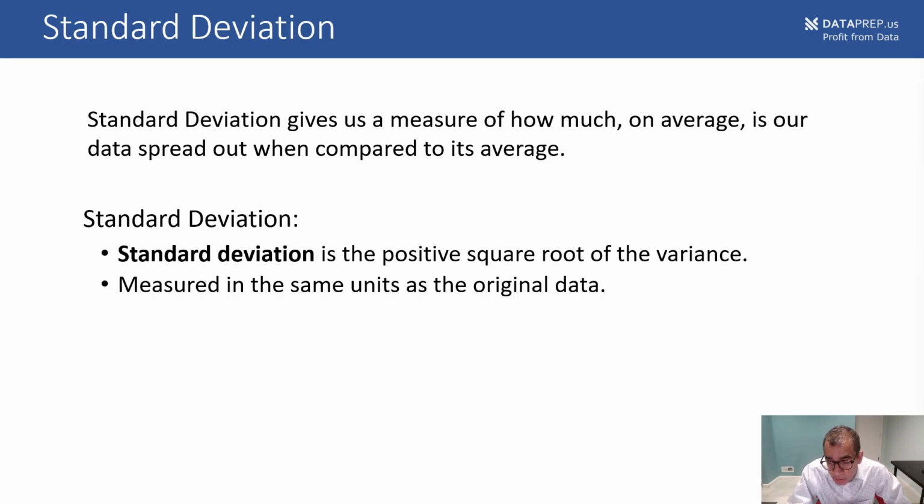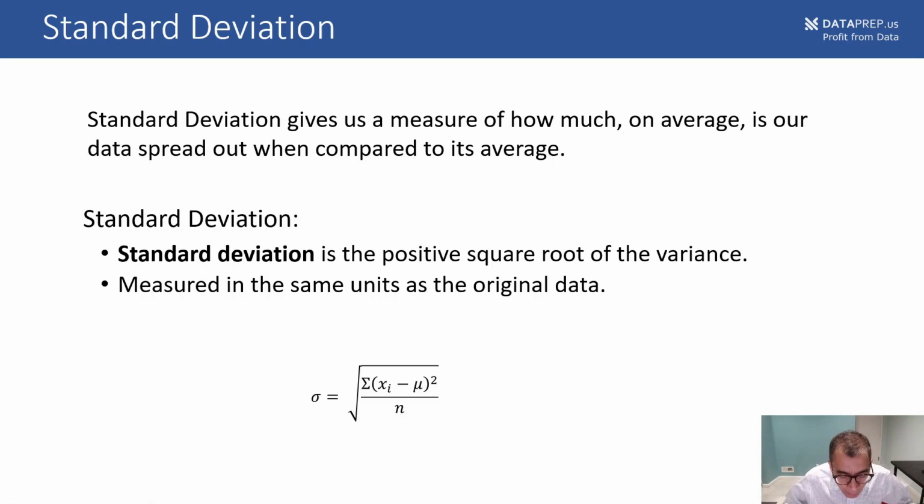So I am not going to spend more time on variance at this point. Whenever you see a variance number, you can take the square root of that, get the standard deviation, and that will probably give you a more intuitive understanding of what the deviation from the average is and how dispersed your data is. So going back to the slide,